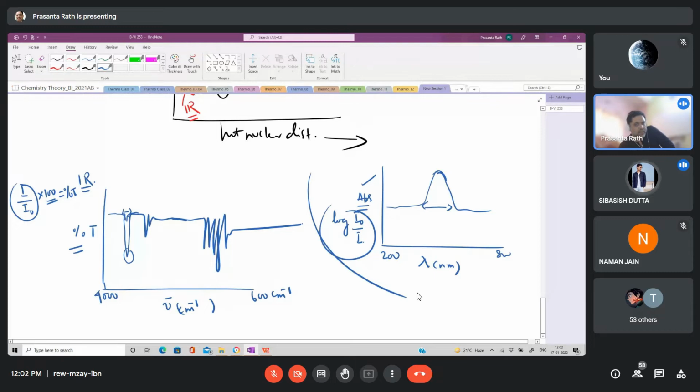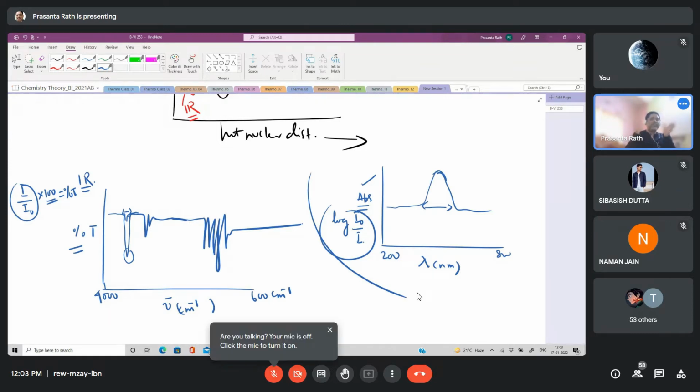आई एम कमिंग टू दैट पॉइंट. एक्चुअली ये जो ब्रॉडनेस ऑफ द बैंड्स है, ब्रॉडनेस डिपेंड करता है कि आपका एक ट्रांजिशन है या मल्टीपल ट्रांजिशंस उसके साथ एसोसिएटेड हैं विथ वेरी क्लोज वेवलेंथ्स. आप देखो ना, जहां पे आप देखोगे मल्टीप्लिसिटी ऑफ ग्राउंड स्टेट एंड एक्साइटेड स्टेट्स आर क्वाइट लार्ज, सो दैट नंबर ऑफ ट्रांजिशंस यू आर गेटिंग विथ ए स्मॉल वेरिएशन इन वेवलेंथ. तो आपको एक साथ इतना सारा ट्रांजिशन होता है तो आपको इतना पास पास वेवलेंथ होता है कि आपको नेकेड आई में लगता है कि एक ही ट्रांजिशन है,